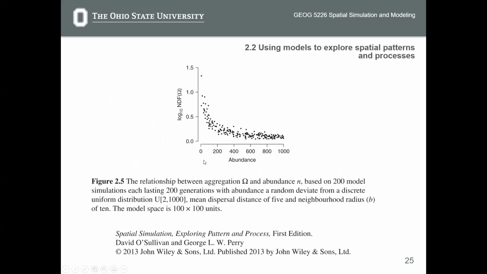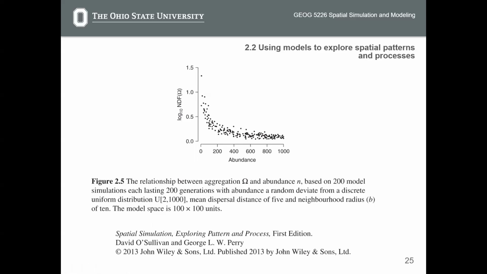The horizontal axis is for abundance, 0, 200 until 1000, and the vertical axis is for the log 10 NDF. It's a log value to rescale this axis, easier to represent larger values, but you can consider this simply as NDF. Okay, so this scatter plot is based on 200 model simulations, which means that that model has been